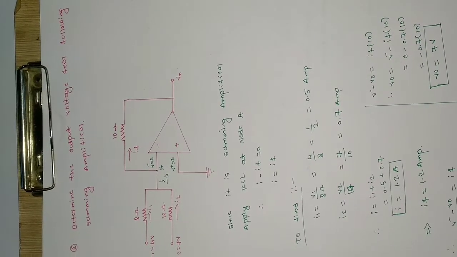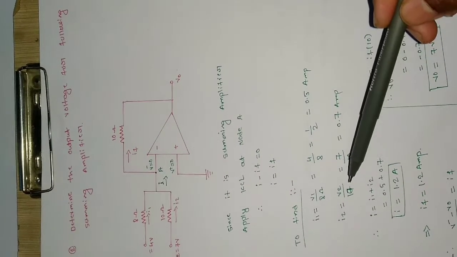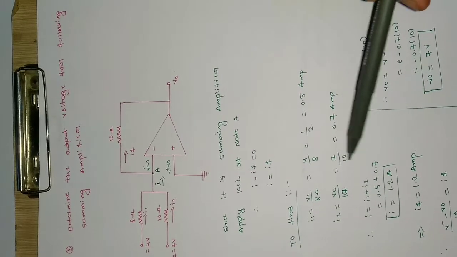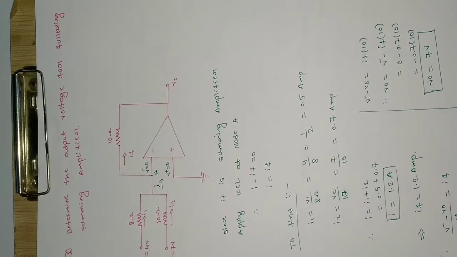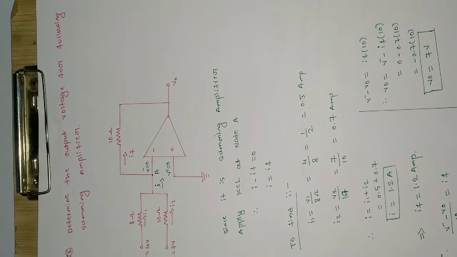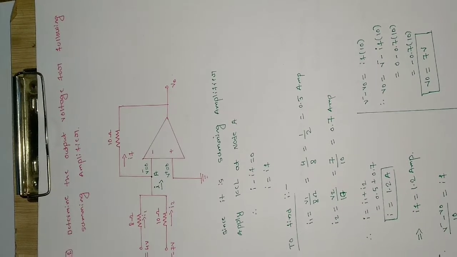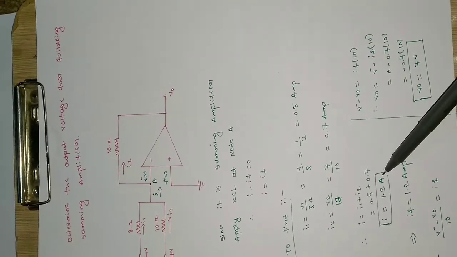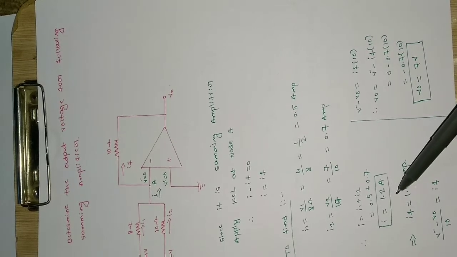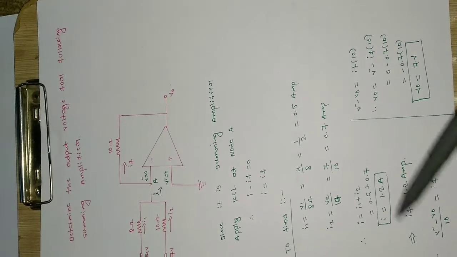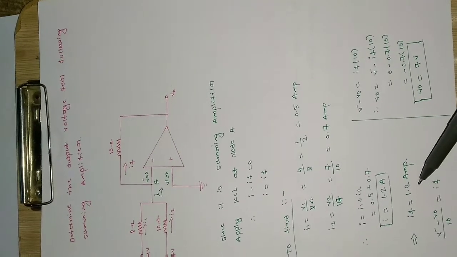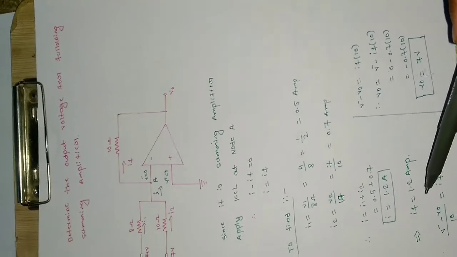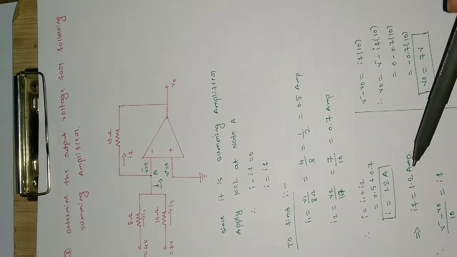And in case of the second current, the voltage which is present is V2 and the resistance is 10. So 7 by 10 will be equal to 0.7 ampere. So now I have got the two currents, that is I1 and I2. Now add them together, which will give you the total current entering the node A, that is 1.2 ampere. So IF will be equal to 1.2 because I is equal to IF. Due to that relation, I can treat IF as equal to 1.2 ampere.